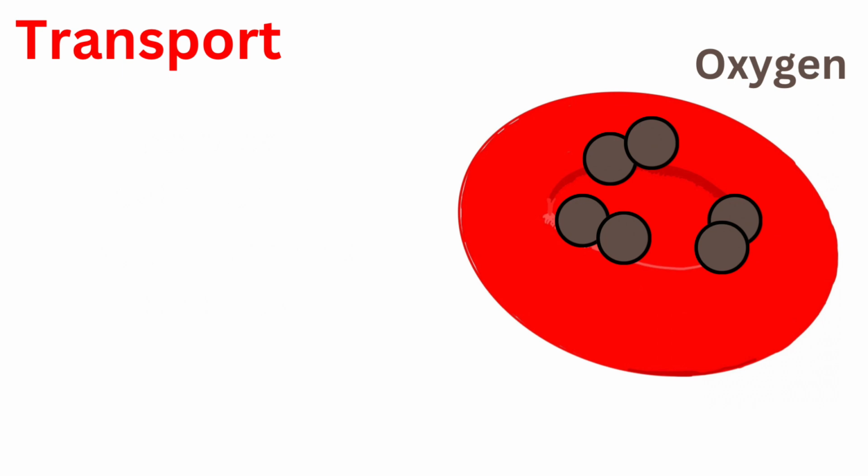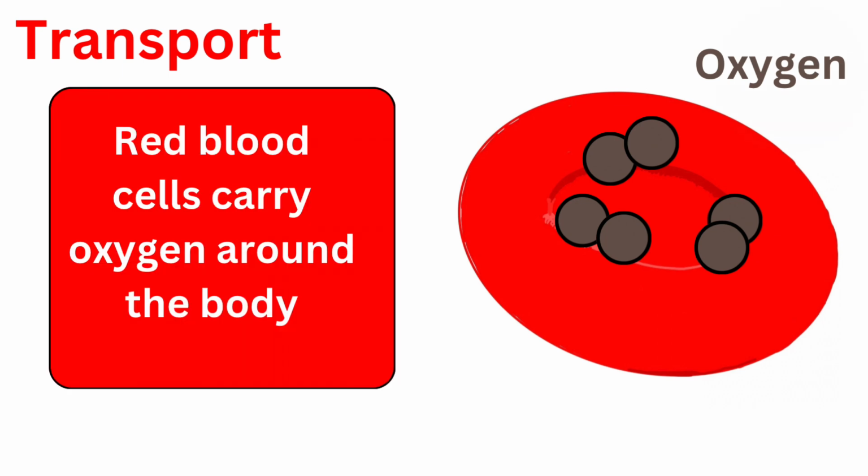Our fifth type of cell is a red blood cell. Red blood cells are really important for carrying oxygen around the body in the blood. Here you can see the brown molecules of oxygen have stuck to the red blood cell, which is floating through the blood in a similar way to if you were sitting on a dinghy floating through a river.